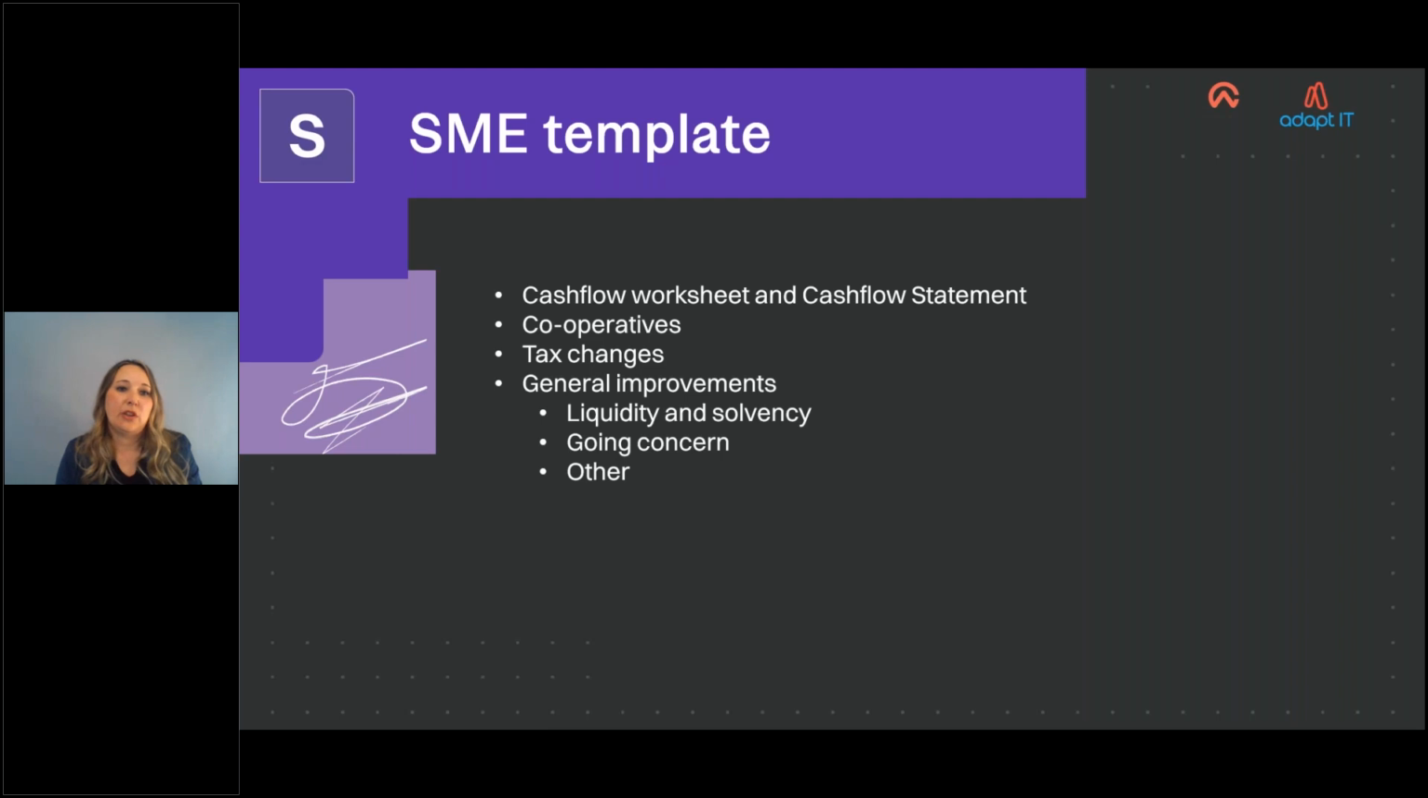Then what else did we do on the SME template? Like I mentioned, we've got the cash flow and then we've got the co-op changes. Next that we've done is the tax changes, which I will show to you now. And then we've made some general feedback changes. If you firstly look at the tax changes,